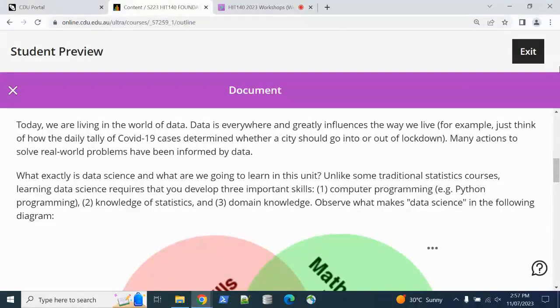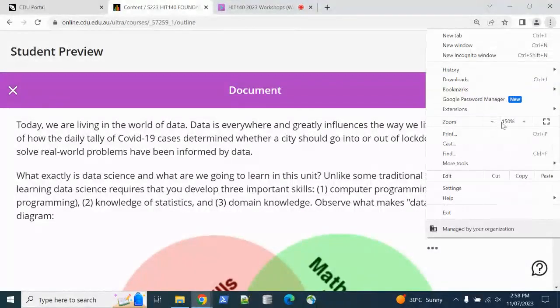But what separates data science from your traditional statistics, if you have taken any statistics course, is the element of programming, okay? By its very definition, it's not possible to learn data science without acquiring some level of programming. So that's what you will learn through this unit. So if you look at this diagram,